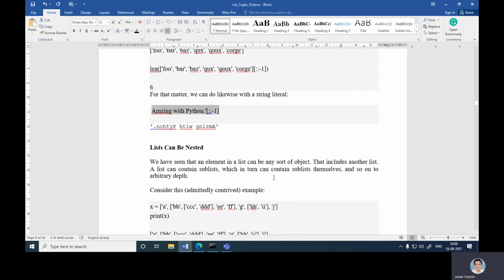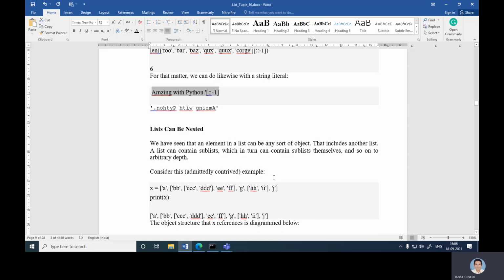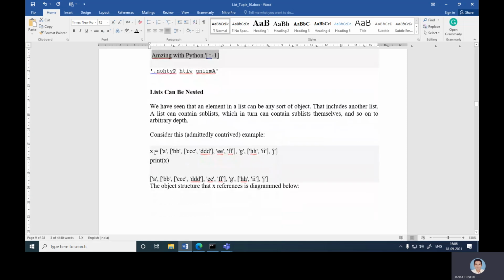Now lists can be nested. We have seen that an element in a list can be any sort of object, and that includes another list. A list can contain a sublist, which in turn can contain sublists themselves, and so on to arbitrary depth. Consider this example: A first, then its sublist BB, then its sublist CCC and DDD.